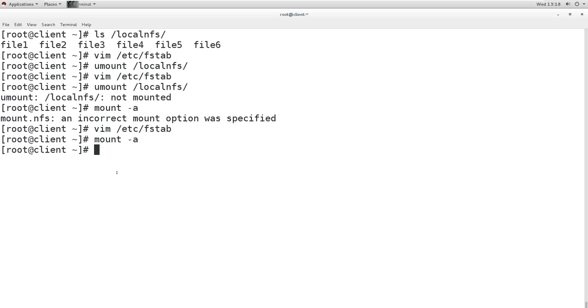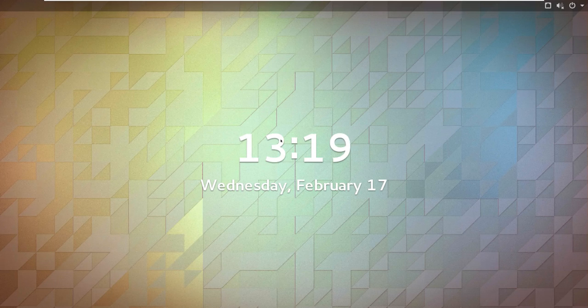So this is how we made it permanent mount, and it will be automatically mounted whenever we reboot the system. This NFS share will always be mounted on this local NFS directory, because we have added it into the fstab file, and it is also checked without rebooting. Now remember this, it is a network share directory. So whenever your system reboots, it will check whether the directory is available or not. That means at that time our server must be started and connected, so that this client system or all the client systems will get the share from the server.